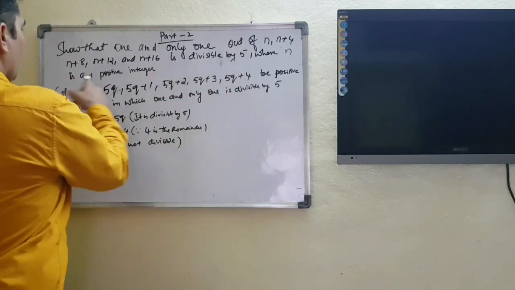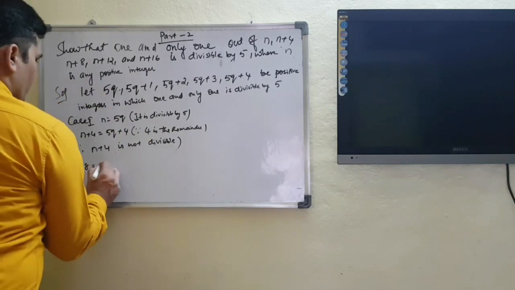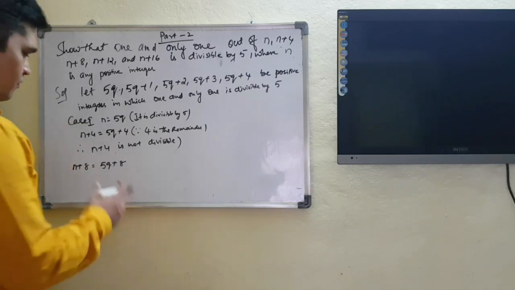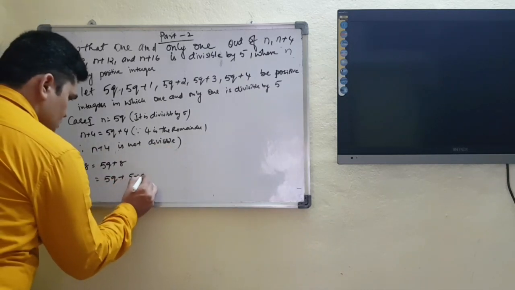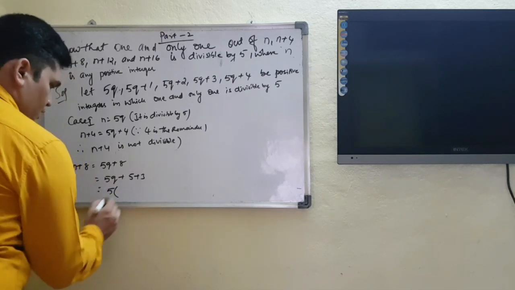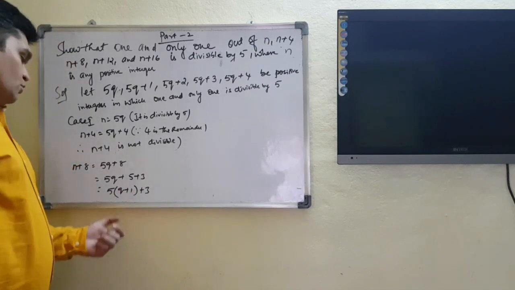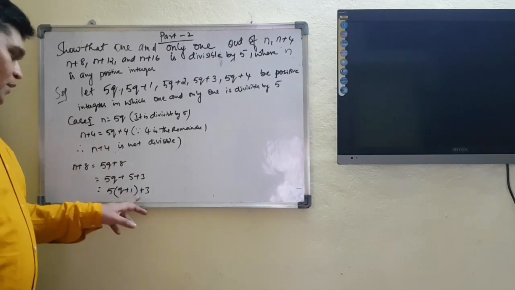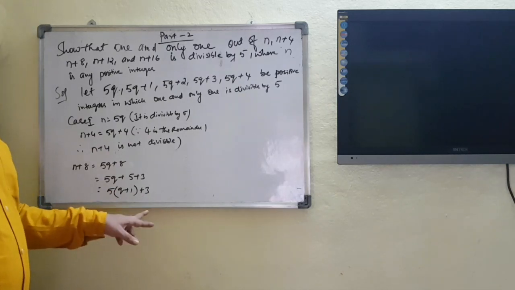Now same thing, n equal to 5q in n plus 8. N plus 8. What will be n? What you have taken? 5q plus 8. Now if you split 8 as 5 plus 3, possibility is there. Now common between 5q and 5 is 5, so 5 times q plus 1, plus 3. Assume that in the bracket term q plus 1 is some integer. Plus 3. Example, it is 5q plus 3. 3 is our remainder.